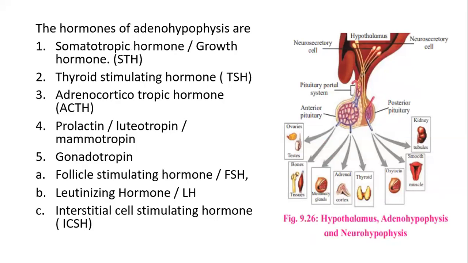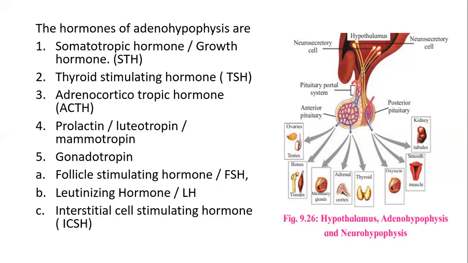First of all, let us see oxytocin. It stimulates the contraction of the uterus during parturition. It also stimulates the contraction of mammary glands to initiate the ejection or release of milk. And that's why it is known as the birth hormone or the milk ejecting hormone. See here in the figure, that is oxytocin. And what is the role of it? It stimulates the uterus for parturition and stimulates the mammary glands for milk secretion.